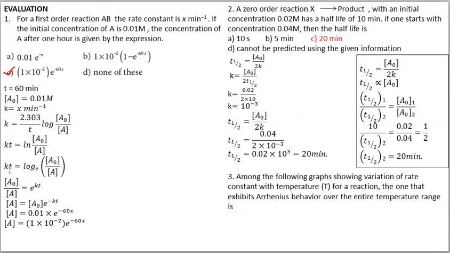Here left side kt. Then you see this is logarithmic equation. The logarithmic equation we can change into exponential equation. So we will get e to the power kt. This e will come here. e to the power kt equal to A0 concentration by A concentration, or we can say A0 by A is equal to e to the power kt. Here in the question they are asking concentration of A only after 1 hour.